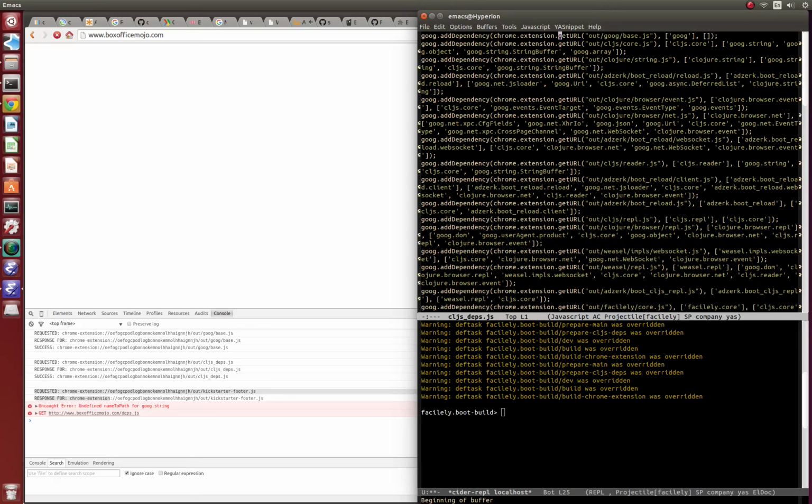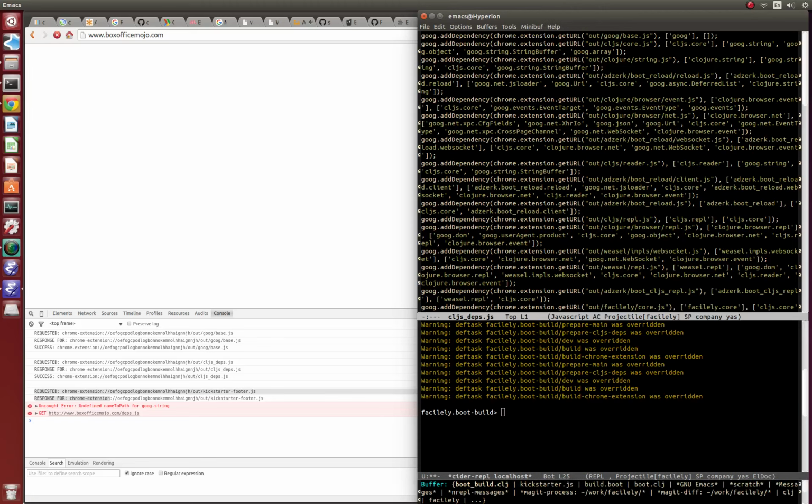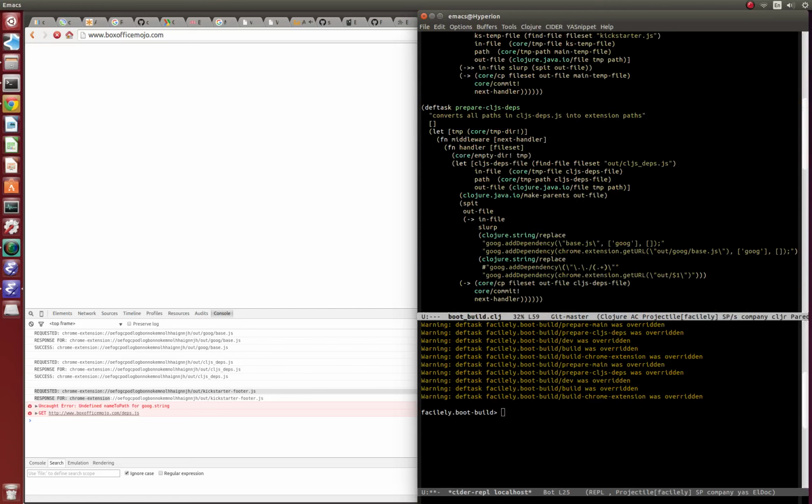So the next line is the one that's not running, basically. Google add dependency, blank, blank, blank. Ugh, ugly URL. Or ugly stuff. Google add dependency Chrome extension get URL. So